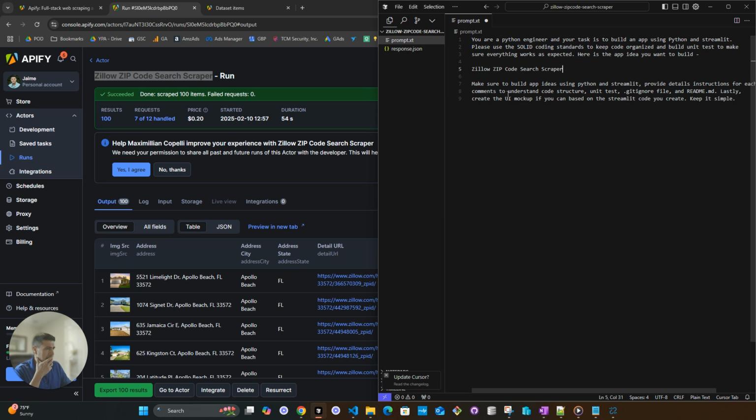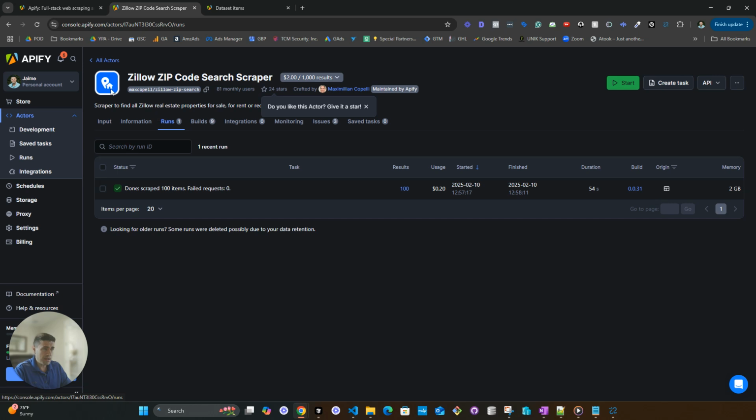At the bottom it says, make sure you build this app using Python and Streamlit. Provide detailed instructions for each component to understand the code structure, unit tests, the gitignore file, and readme.txt. Lastly, create a UI mockup if you can, based on the Streamlit code you create. Please keep it simple. Okay, so it's a very simple prompt. Again, prompt engineering, you can modify it, you can improve it, do whatever you want. This has been working for me, so that's what I've been using, and that's what I'm going to continue to